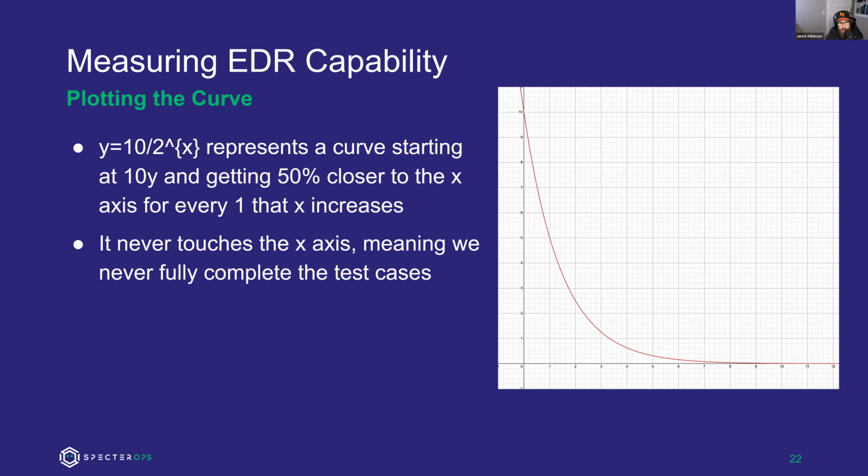If you actually know the correct math, please share it with us so we can be more accurate. So this is a curve, y equals 10 divided by 2 to the x, which is essentially a curve starting at whatever you put in that first number, so 10y in this case, for ease of math. And it gets 50% closer to the x-axis for every one that x increases. So the way that you could represent this is